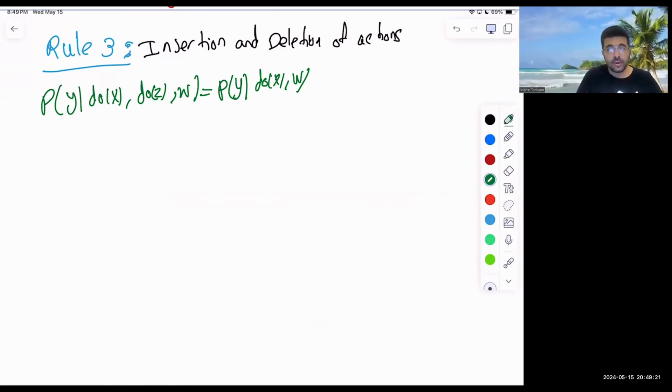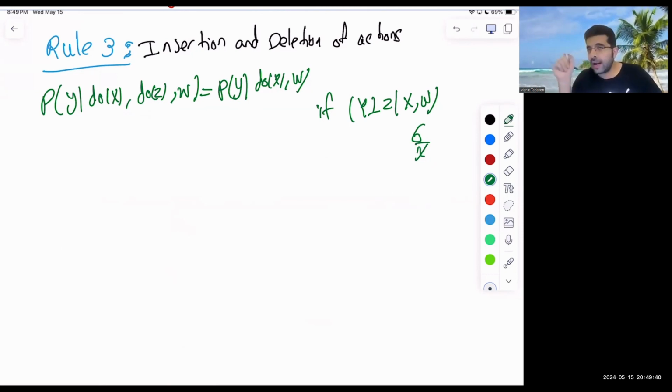I didn't change it to a z. I removed it. Insertion and deletion of action. Do z is removed. Under what case? If y and z are independent, given x and w, in what graph? In a graph that removes all the arrows going into x and